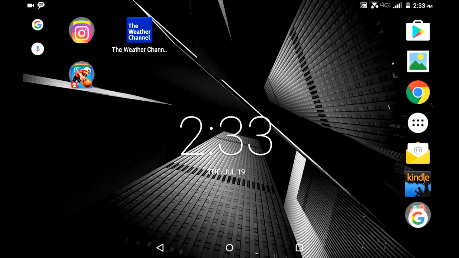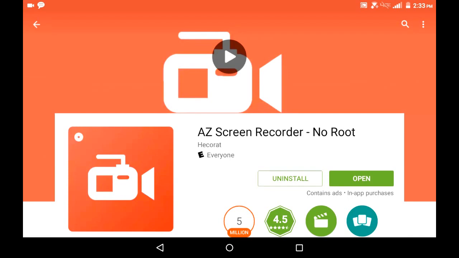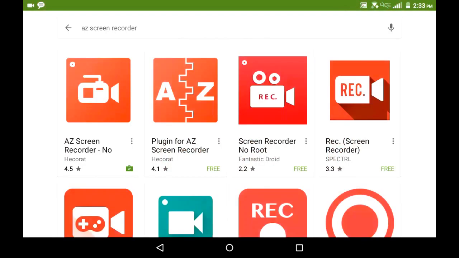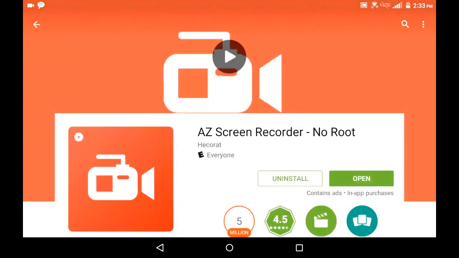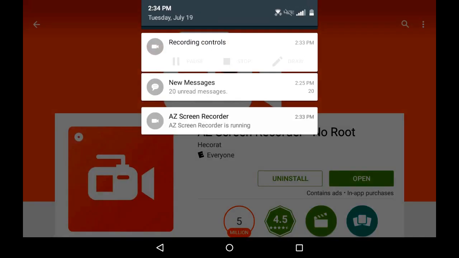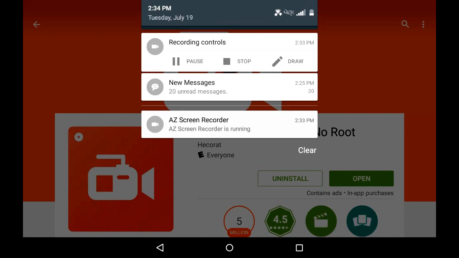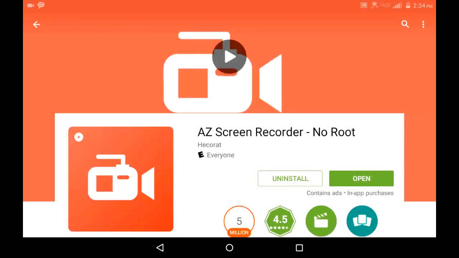I'm going to be teaching you how to record videos on your tablet with no root, and it's completely free. So you click on your app store and you type in AZ Screen Recorder, the first one that pops up right here, and you click on that, you download that, and then once it gets done, open your app, and then if you go like that on your screen, it will have a little camera button. You press that and it says, do you want to start recording? You can press yes, and you start recording, and so that's pretty much all there is to it.